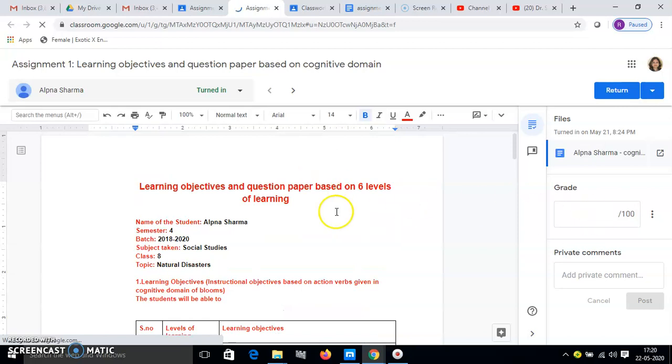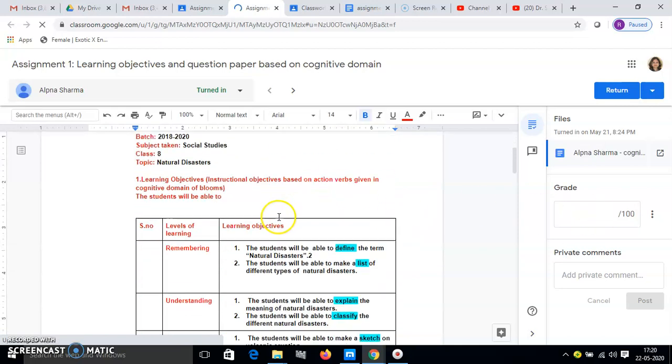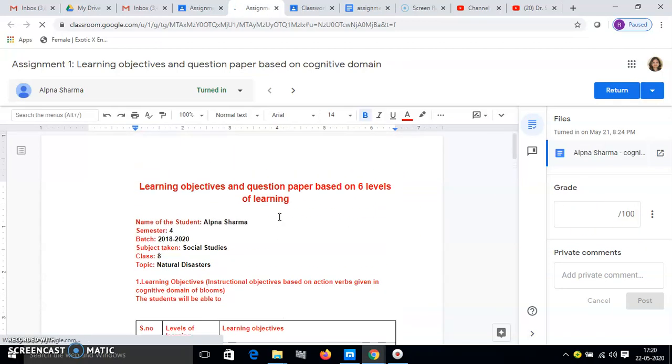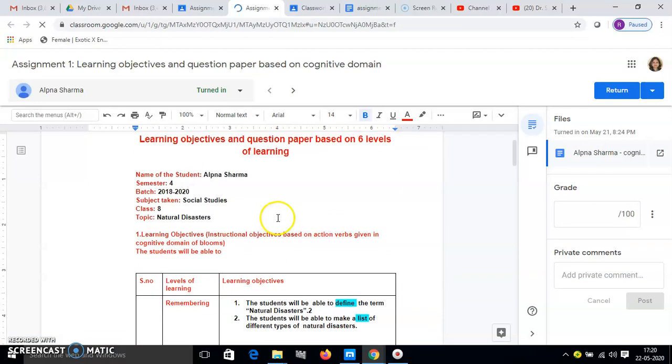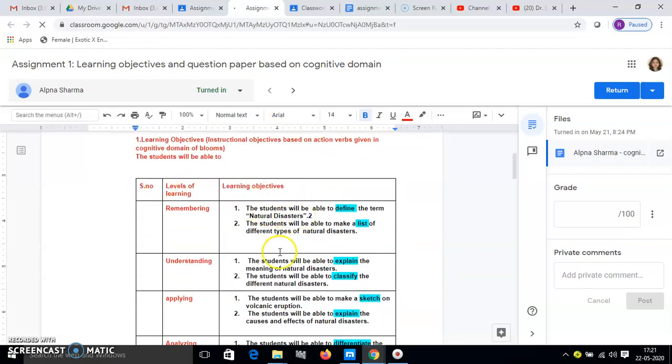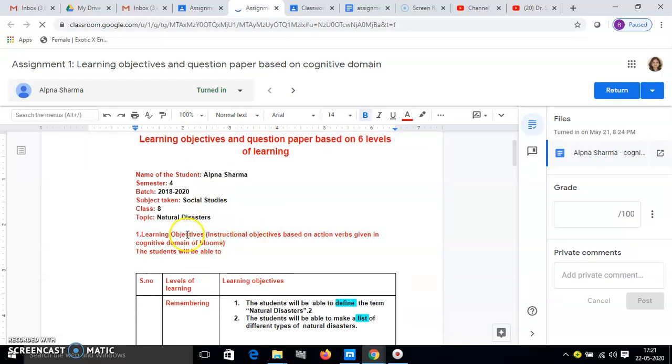You can see I have given them the format, and now the student is going to fill this in on the basis of their understanding. Here, this was the question given to the student.